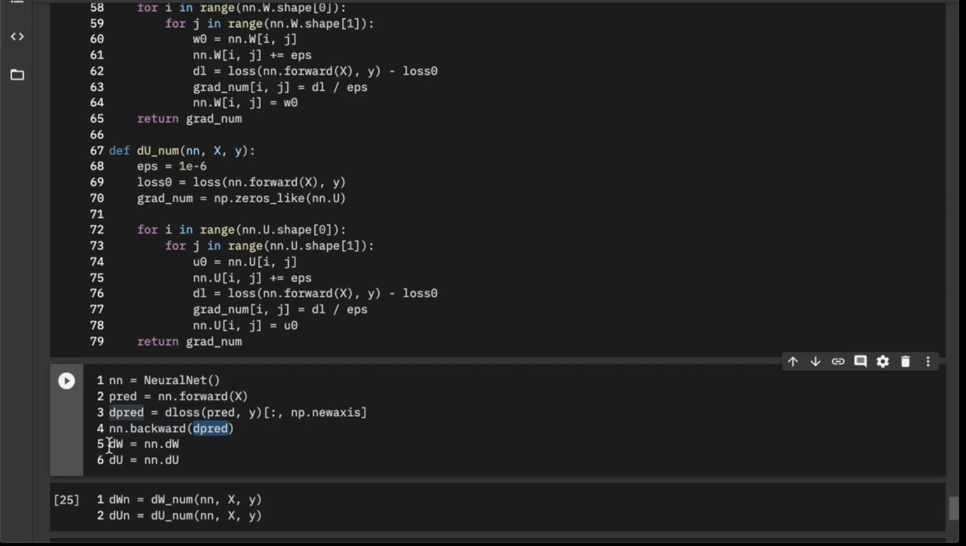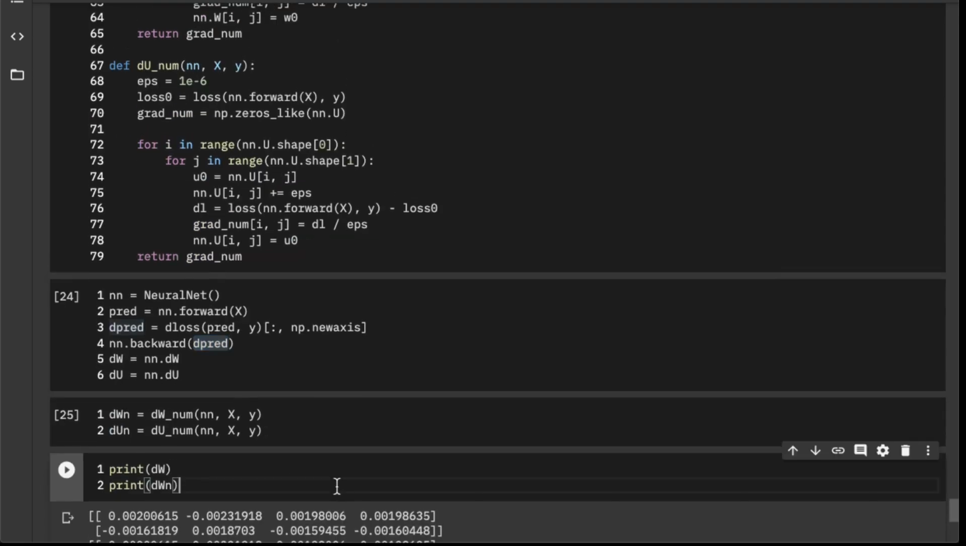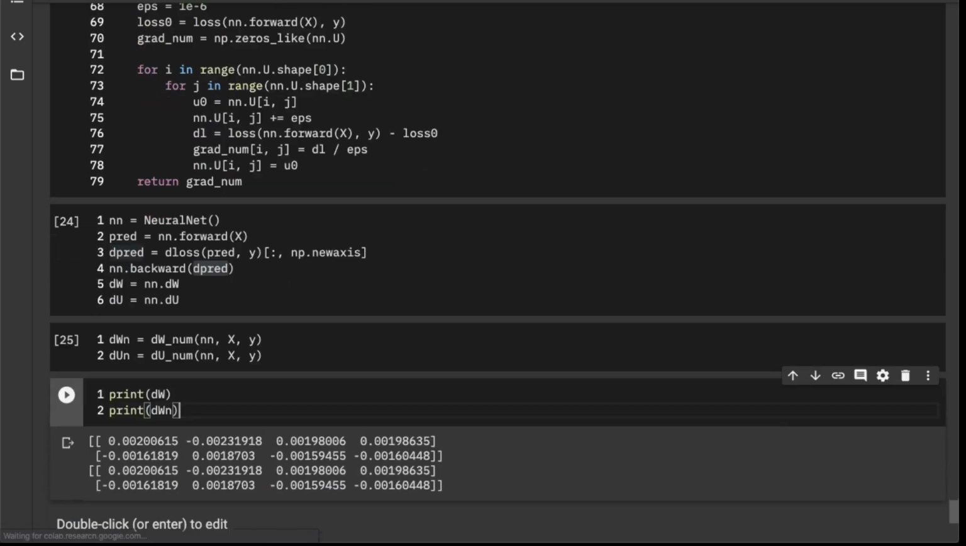and we take out the analytically computed derivative with respect to the W element, that is the gradient with respect to W, and that for U. And we also calculate the derivative using numerical methods. And then let us compare the computed derivatives. So they are very similar. If we have a look at the difference,